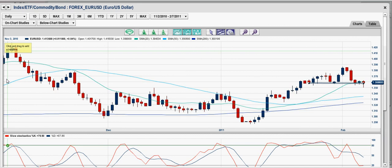It had to be something so severe that it would cause jitters and people to sell their stocks, and we're not getting that right now. So for the most part, markets are positive. Now let's go ahead and review this. First of all, Euro-US dollar, chances are it's going to find somewhat of a support if we look at the